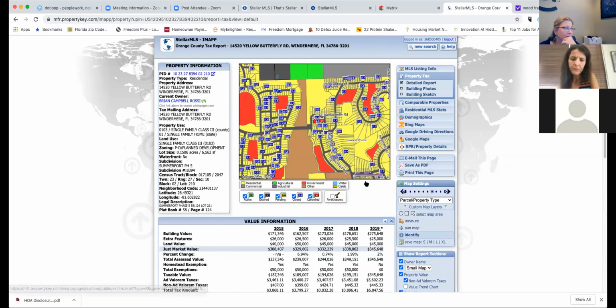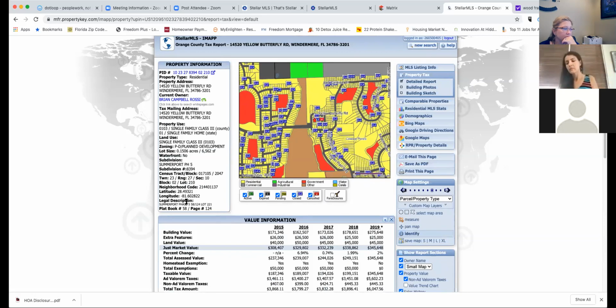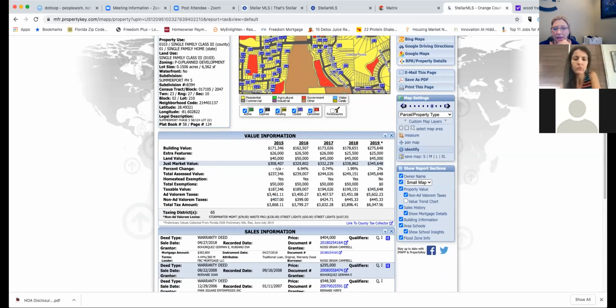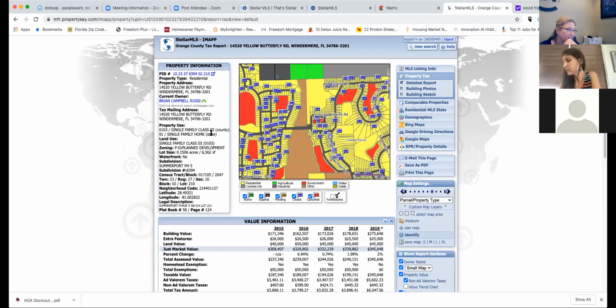Okay. And zoning is up here, and you see it's a PUD, planned development. Then the legal description is down here at the very bottom of the left-hand column: Sum Report Phase 5, 58-124, Lot 221. Okay. And so where do we get all of these things? Well, I mean, you can just read down here if you want to,